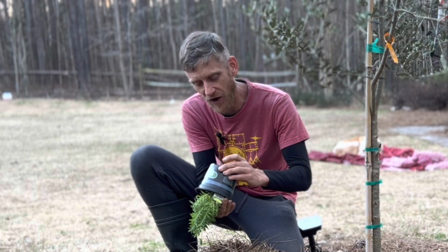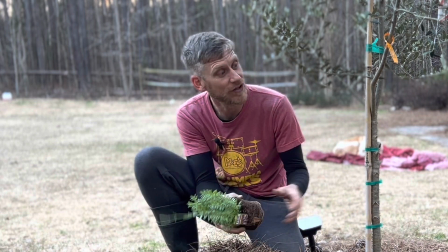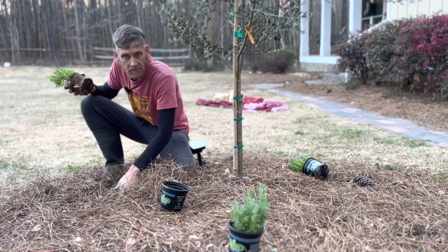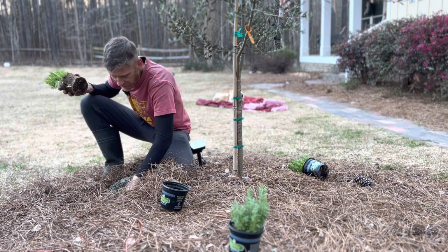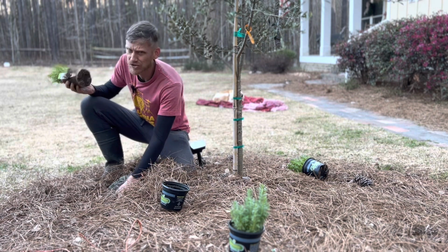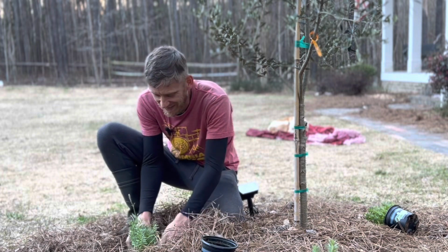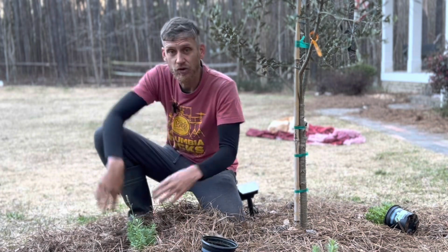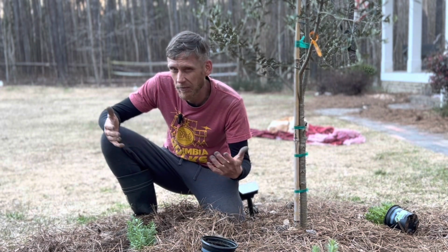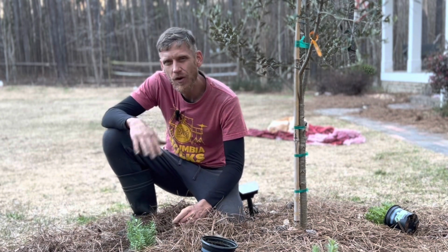We've got a good bit going on this weekend that we're trying to get done. One is planting this lavender underneath our olive tree, creating a little bit of a guild here, basically just plants in the same area. Lavender, like the olive tree, doesn't like a lot of water, so figured we'd give it a shot here. Lavender is super iffy in South Carolina, so we're gonna see how this stuff does. But this weekend's video is mainly about grafting, and grafting apples specifically, but the principle applies to pretty much anything you're gonna graft together. So we did a video on it about a year ago,